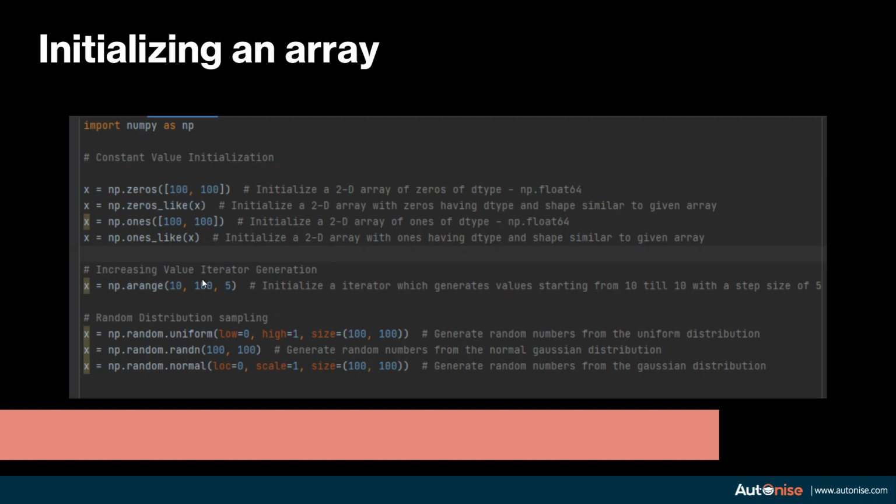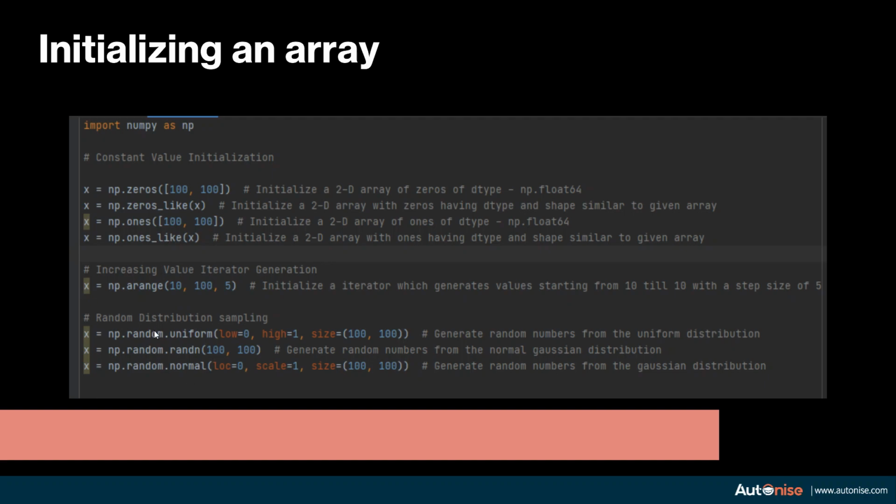The next argument is the final value of your sequence, which is 100. And the third argument is the step size. So it will start at the value 10 and then keep on increasing the sequence by a value of 5 till it does not reach the value of 100. If it reaches 100 or greater than 100, the sequence will stop.